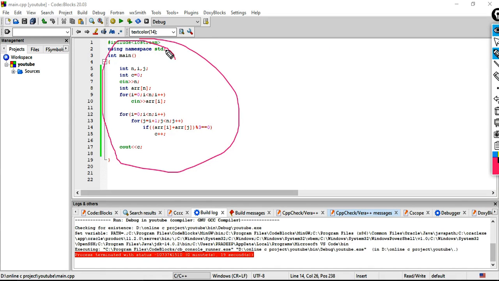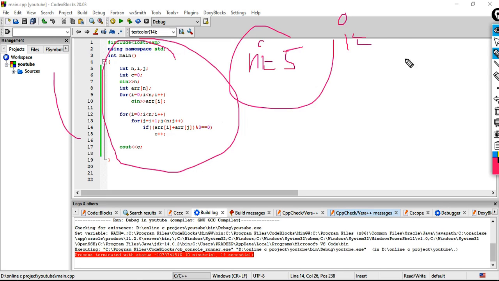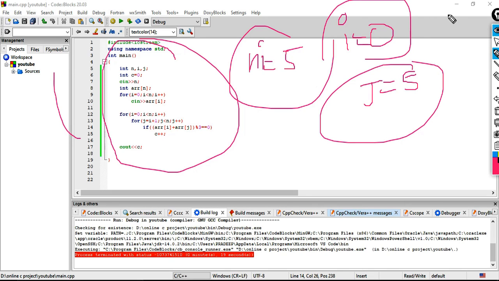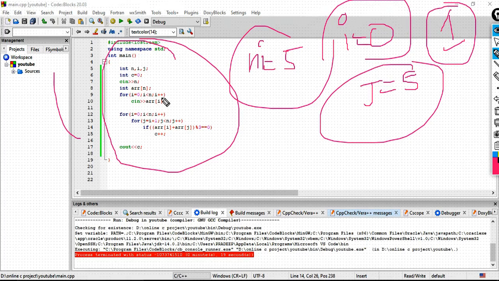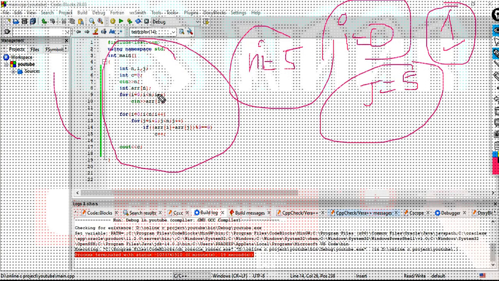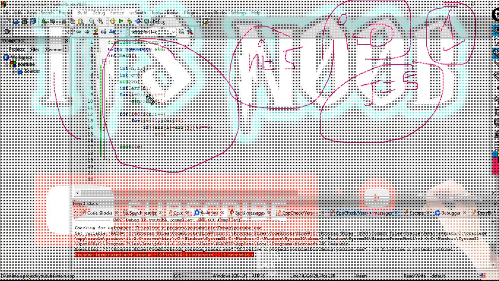I'm not retracing the whole code for i equal to 5. I'm just retracing the code for i equal to 0 and j up to 5. When we iterate our loop for i equal to 0 until j is equal to 5, we get one pair whose sum is divisible by 3. So please retrace this whole loop by yourself, then you will get a better understanding of this code, and you will get much more of the concept by running this code yourself.